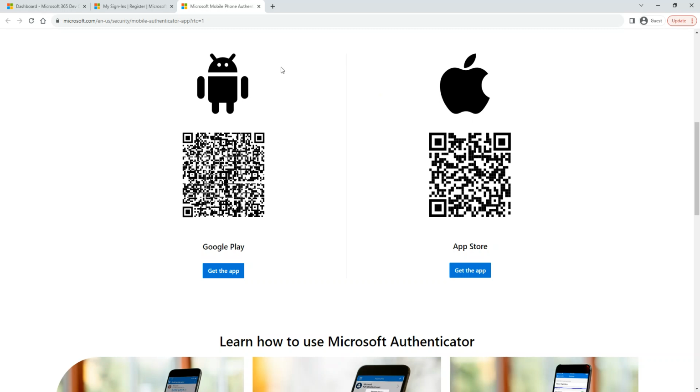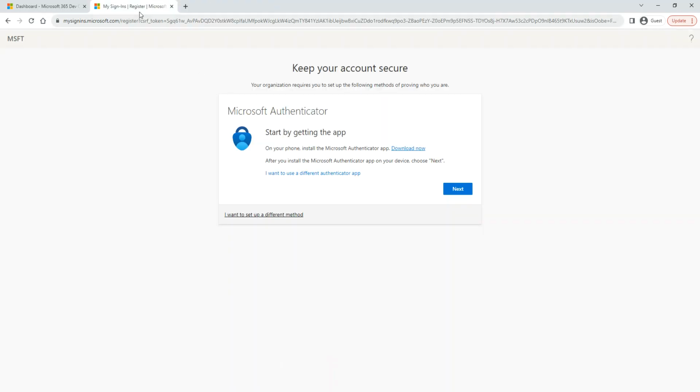All good. When I click that one, it actually opened a new tab. So I can close this tab and then it will take me back here. I'm going to go next because I already downloaded it. So make sure you download it. Okay, and then go next. Once you go next, you have the Authenticator app on your phone. And then the Authenticator app on my phone, let me try to, can I share?